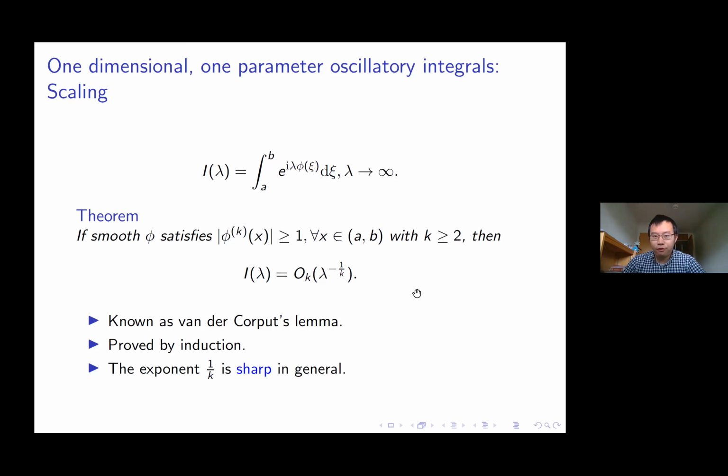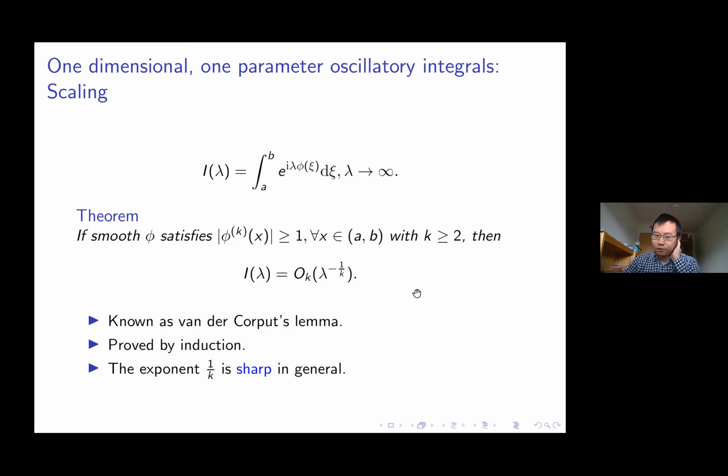But if you have a phi that's a phase function, its derivative might vanish. So what is a good model of phi? You can take, for example, x squared or x cubed, etc. You observe that for those phase functions, some derivative is non-vanishing. This is known as the van der Corput lemma, which says that if the k-th derivative of phi is always bigger than or equal to 1 on the whole interval from a to b, with k at least 2, then you will have this integral to be big O of lambda to the